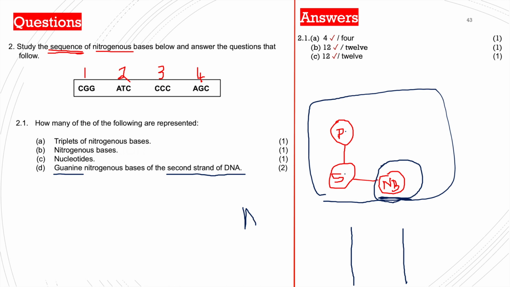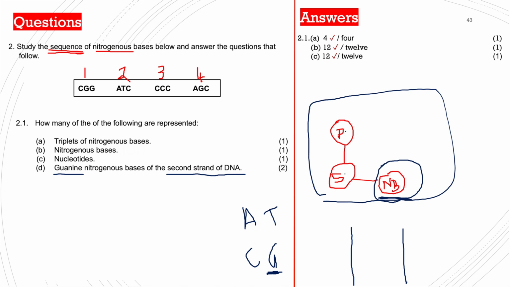Adenine goes with thymine because the apple falls from the tree. And then the car parks in the garage. Therefore, C goes with G. So the question is asking how many guanines are we going to find? What is guanine complementary to? Guanine is complementary to